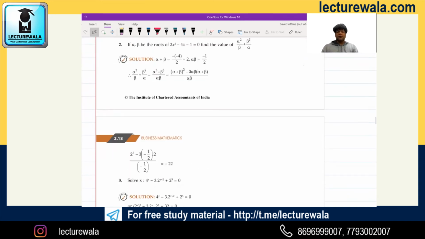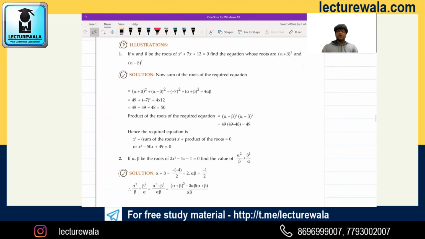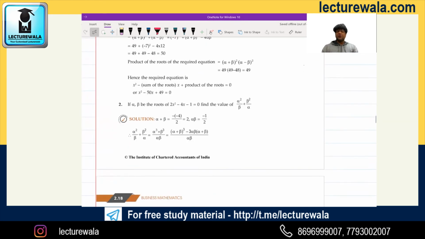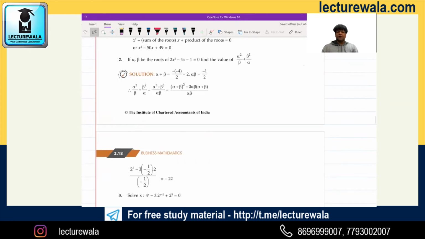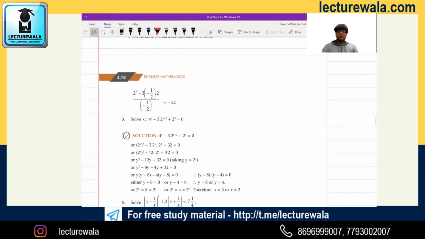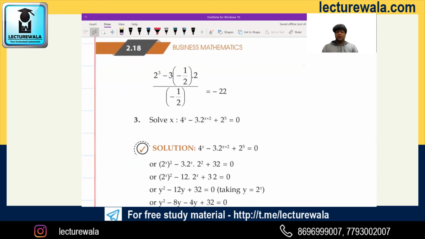But I will not prefer these questions to be done this way. See, this one is okay, but in this question, guys, 3 options will be there. They are asking to solve, and solve means finding values of x. Since the values of x will be given in the options, go to the option, put it in place of x, and calculate. If after calculating the left hand side comes to be 0, that means both sides are equal. That's your answer.